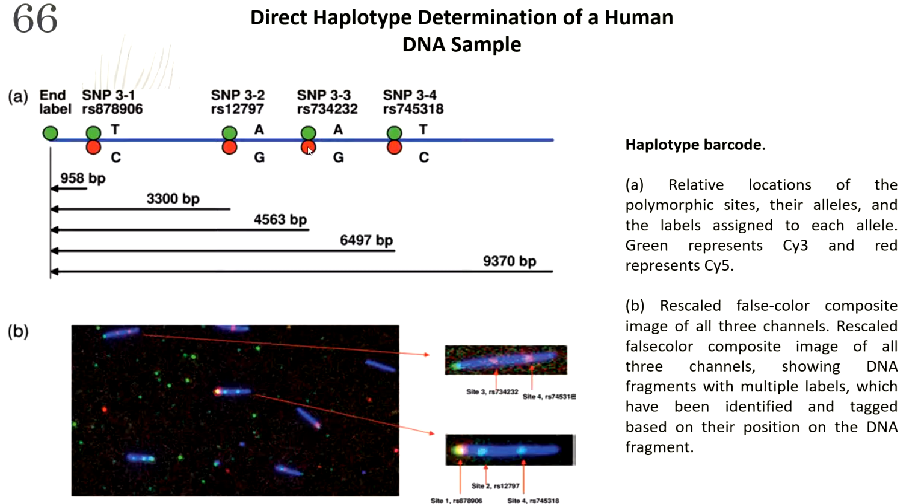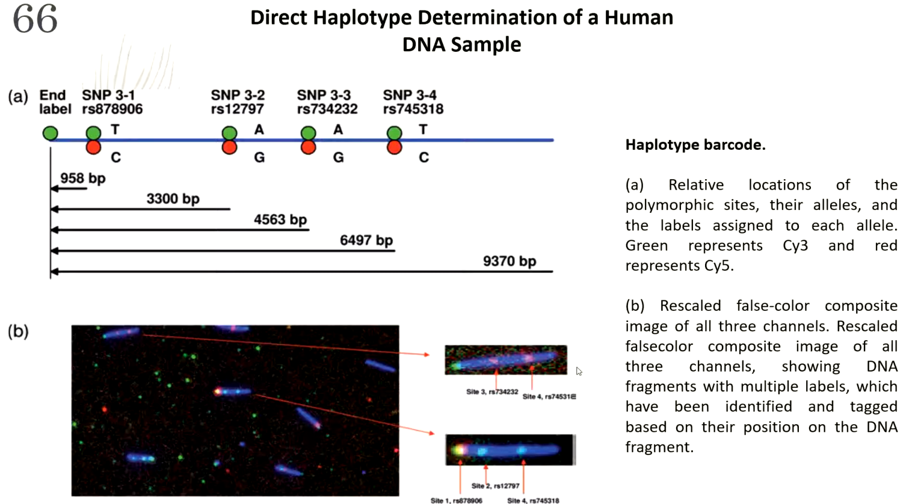Now there was an additional green channel dye that was introduced at one end during the long range PCR, okay, by using a Cy3 labeled primer, and this end label was used to indicate the orientation of the DNA molecule, because while imaging you don't know if this portion is the 3' end or this portion is the 3' end. So generally what they did, they tagged this particular end to mark that this is the 3' end or the 5' end. So whenever this green fluorescence is present, we know that this is the orientation of the DNA. Okay.